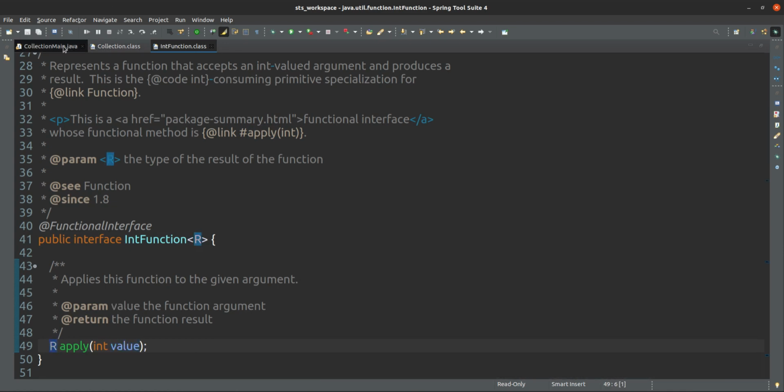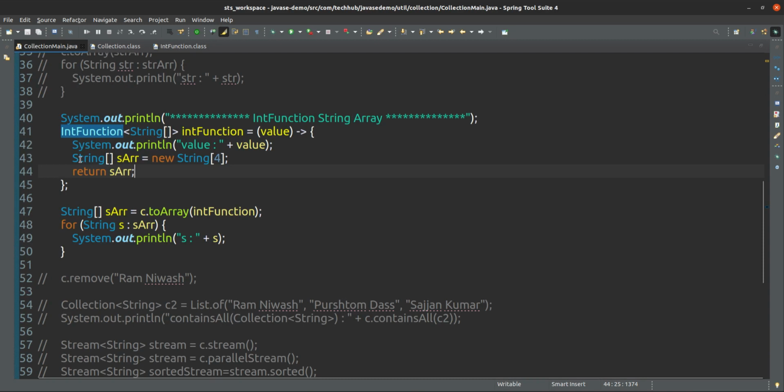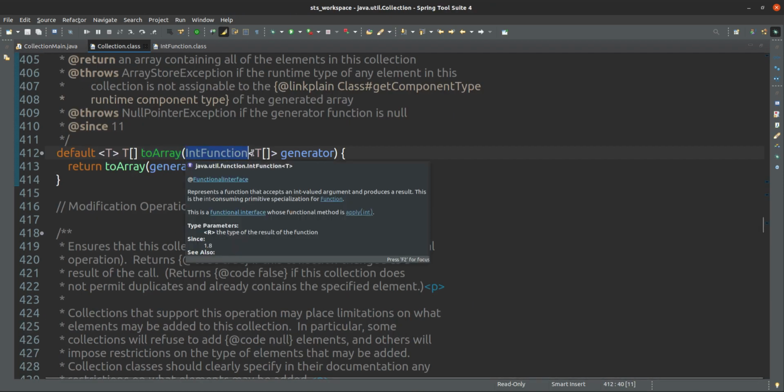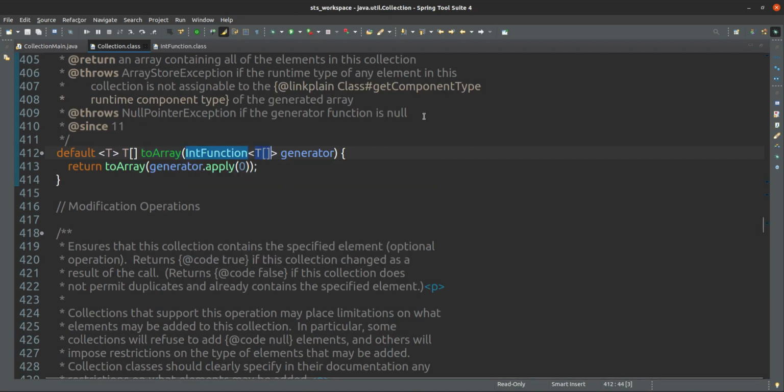So what is our implementation? In our implementation, first I am printing whatever value is coming, and then I am creating a string array of size 4, and I am returning it. Because it is accepting an int, a type of array. toArray is accepting an IntFunction of generic array type.